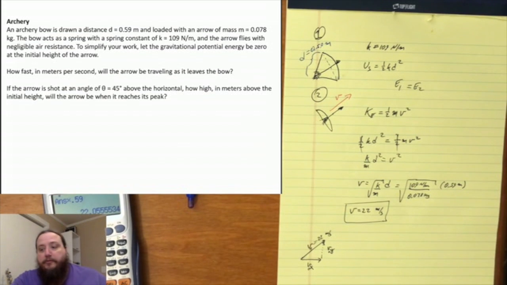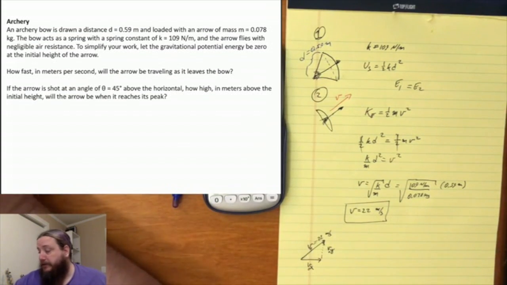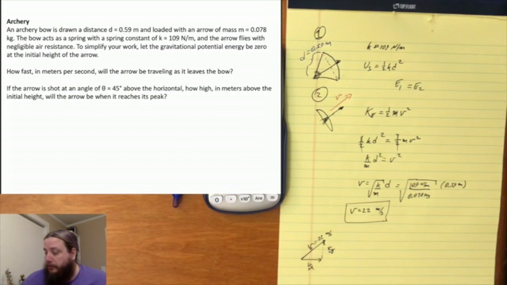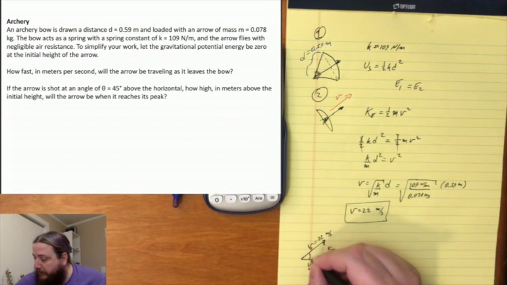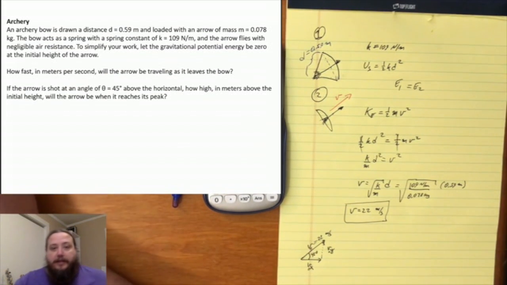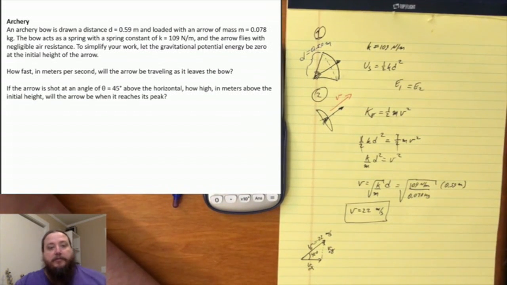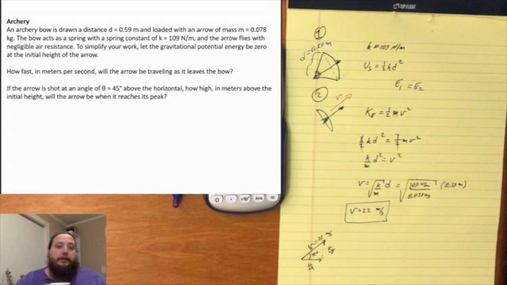Technically this becomes a projectile motion problem, and we could solve it like a normal projectile motion problem. We know the angle here is 45 degrees. We know the initial velocity. We can break it up into horizontal and vertical components. We could solve for the highest point, but